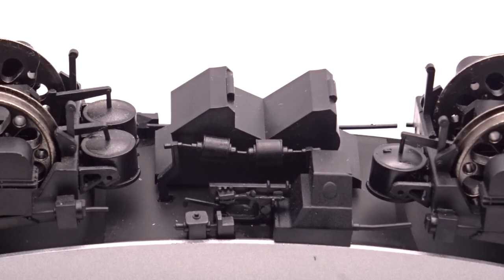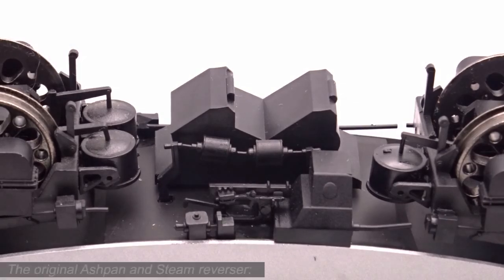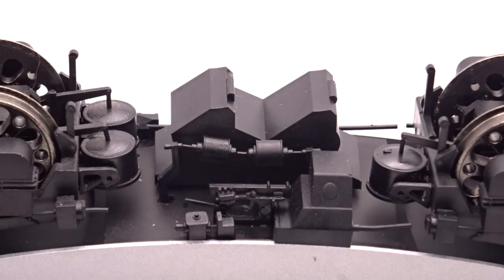So here we have an upside down Bulleid Leader from KR Models, and this one is from a friend of mine on the other side of the island who wants a bit of work and repair doing to it. As you can see, it's got a missing vacuum cylinder off the bogie, which is not too dissimilar to my first one I received. So you can see in the centre here, you can see the ashpan at the back,